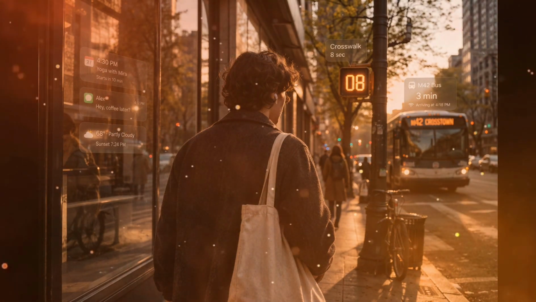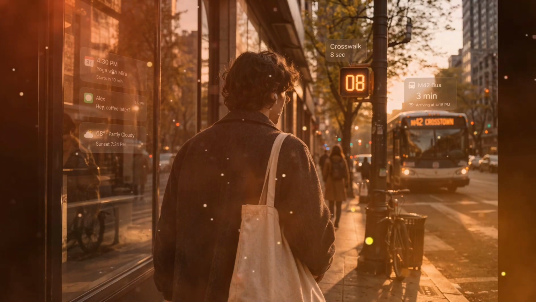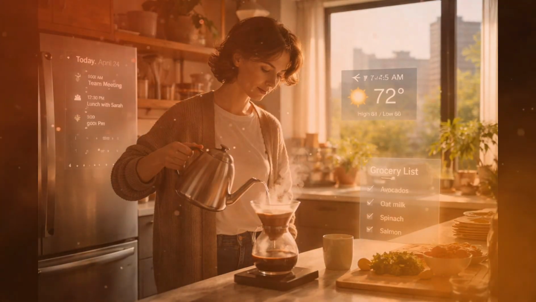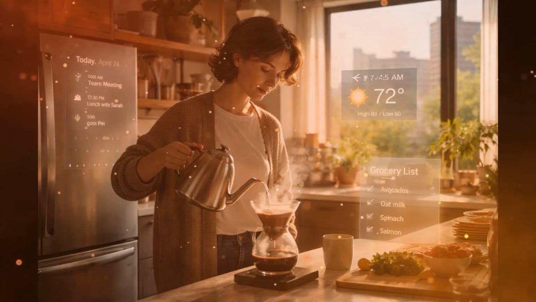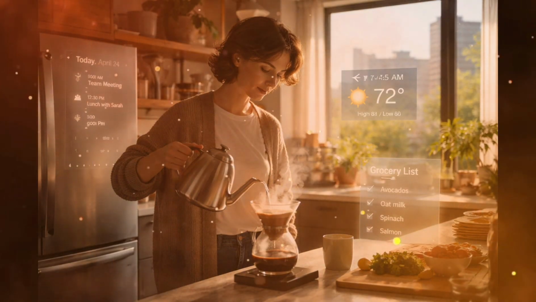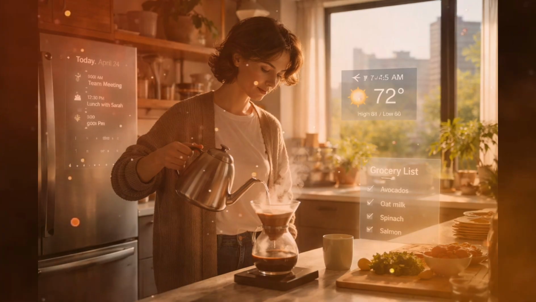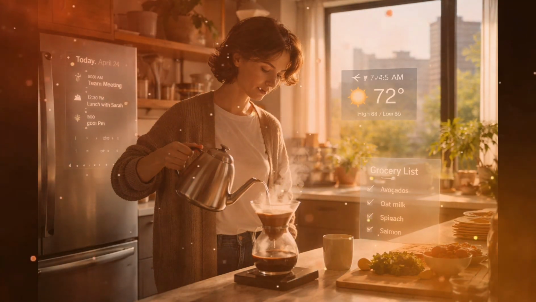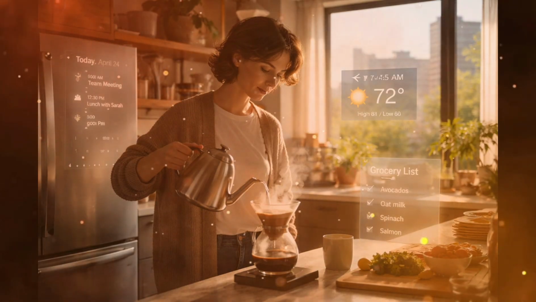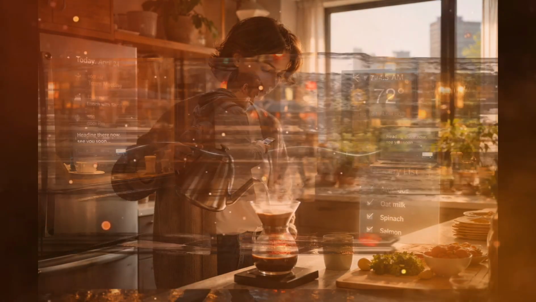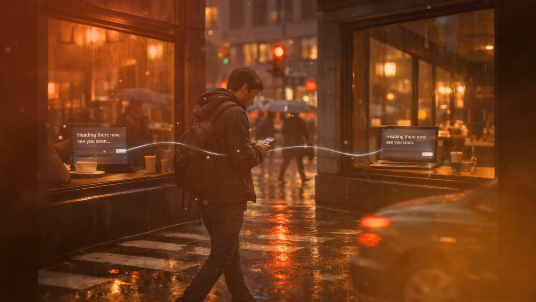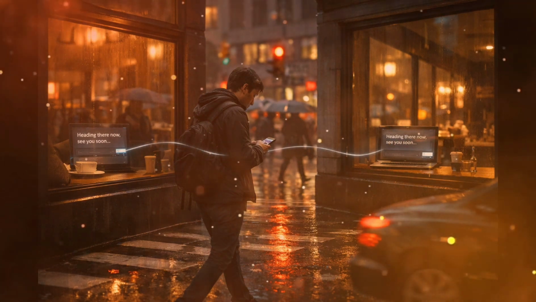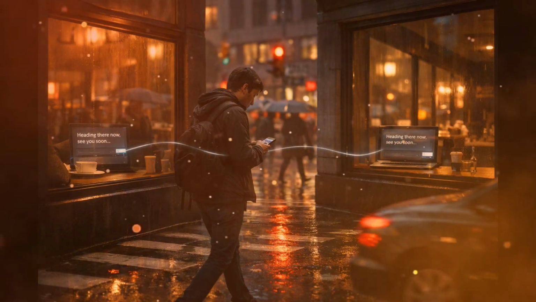Even as augmented reality, edge computing, and AI-first design continue to evolve, the core principle remains unchanged. The operating system is here to make technology seamless, predictable, and quietly supportive. It manages complexity gracefully. It anticipates needs without intruding. It integrates hardware, software, and cloud services intelligently. And above all, it ensures that every interaction is calm, consistent, and effortless.